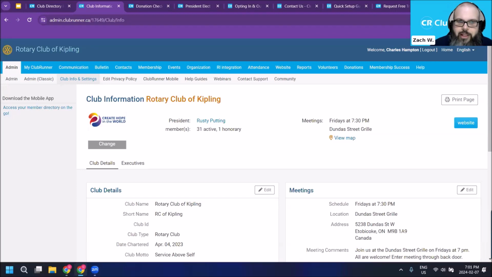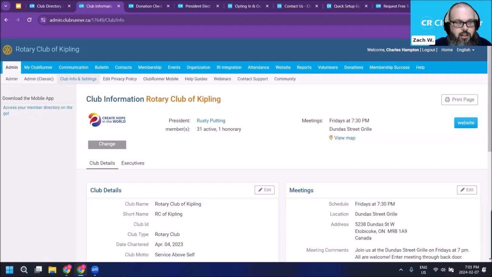We have a question from Maureen, and she is asking, when we use ClubRunner, do we still have to enter the data in My Rotary? So I'll say that there's a big asterisk there. As long as you've hooked up the integration services, in most cases, you should not have to do any double data entry at myrotary.org. Now, there are still things that you can only enter in myrotary.org, for example, your presidential goals and some other data. We don't have access to that stuff, but for most day-to-day things, adding members, terminating members, updating the profile, or updating anything about the club, with the integration services enabled, you can do that in ClubRunner,